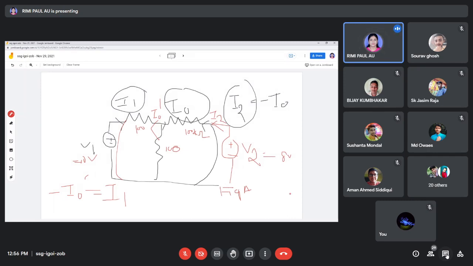Due to this changing of supply, this network will not change, because this portion is a resistive network. Whatever voltage you change here, if the voltage changes, the current will change, so the ratio will be the same. So you can find it out by taking any arbitrary or variable voltage. Whenever I tell you in the practical class what the voltage is, you will put the voltage value in this theoretical as well as practical data. Okay, so this is the thing.